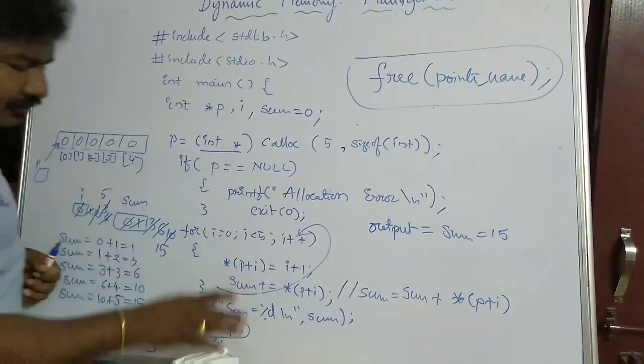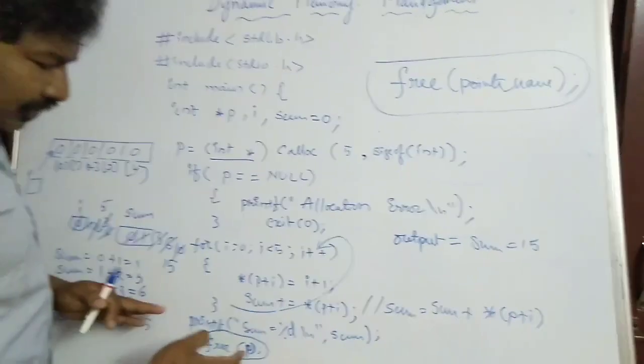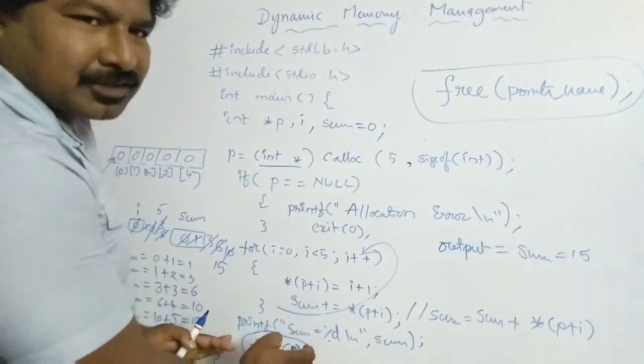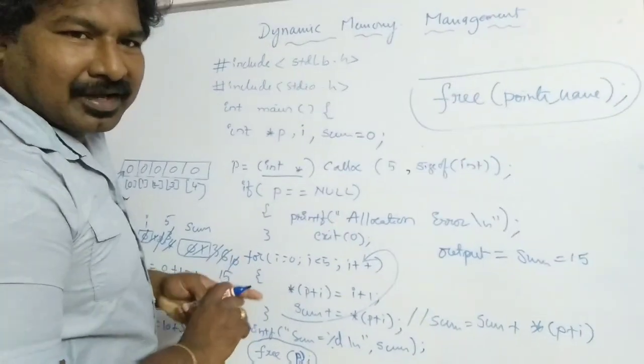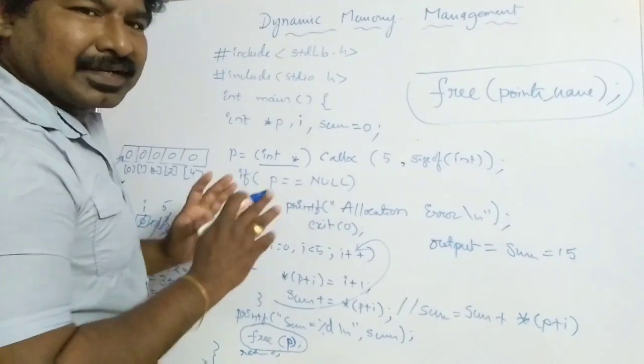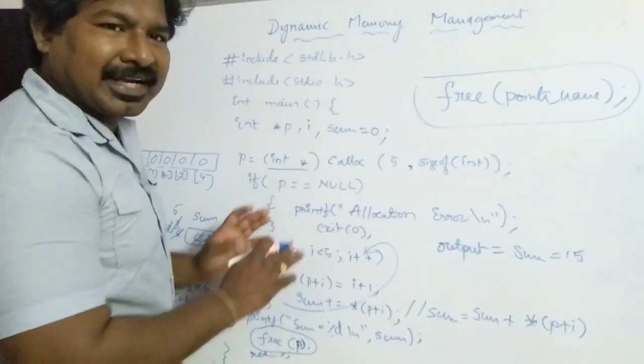And in case of calloc also you need to apply the free, because if you forget to do this freeing of space, that space is gone. That means you cannot use that space. Remember friends, whenever you are using a malloc and calloc, you have to free the memory at the end of your program.